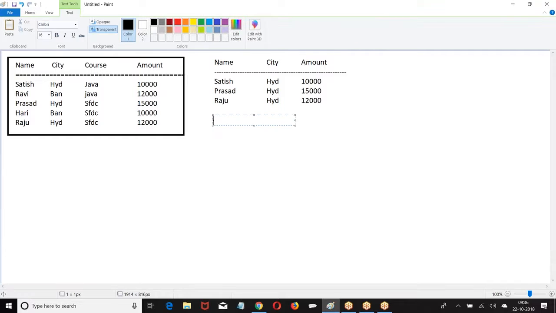Now give me list of records which are from Bangalore.